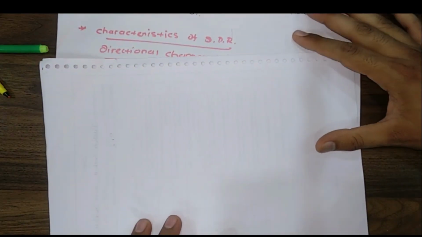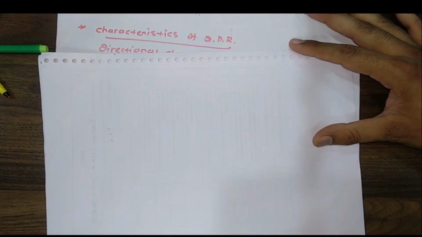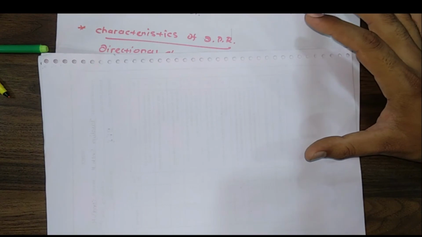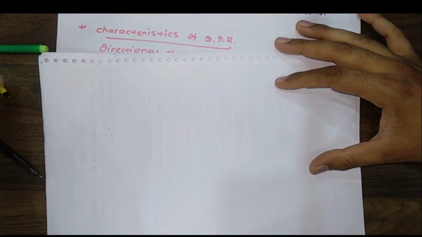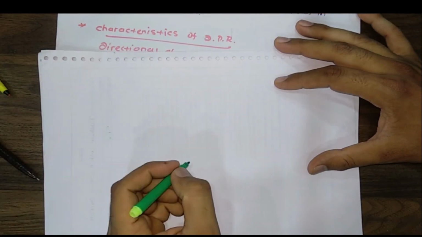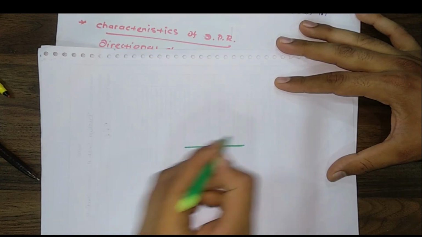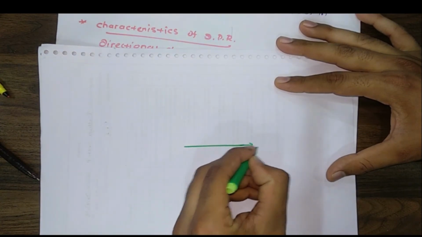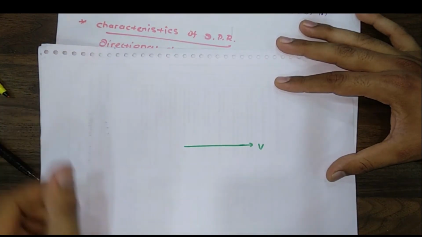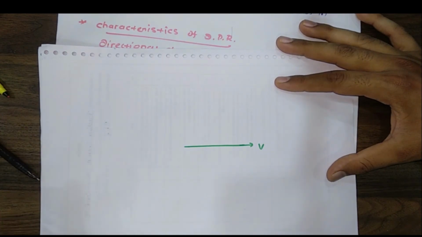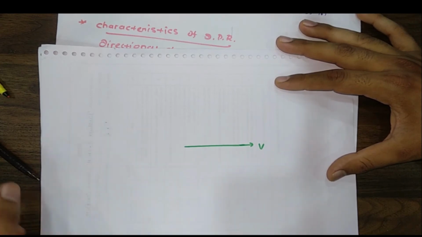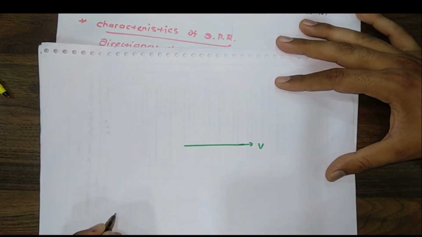Assumptions are already made, so from that we can draw the phasor diagram, taking the voltage V as a reference. Let me draw the voltage V, the applied voltage. The torque is proportional to the fluxes phi V and phi 1 and the sine of the angle between the two fluxes.